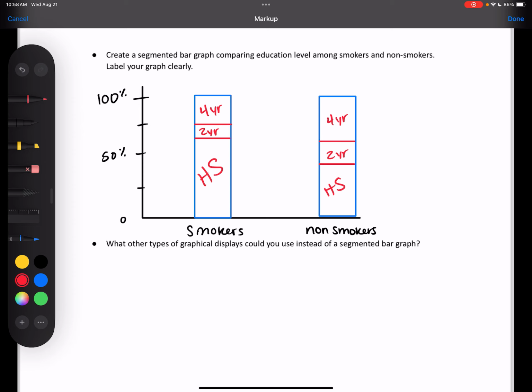So the next question, and we will do one of them, but what other types of graphical display could we use to visualize our data? Can we use the circle ones or no? The pie chart one? Yeah. That would be an option, but we would have to do 2 of them because the pie chart is only for one set of data at a time. So we would just have to do 2 side by side. So we could do 2 pie charts. Dude, I love pie charts. Is there another option?